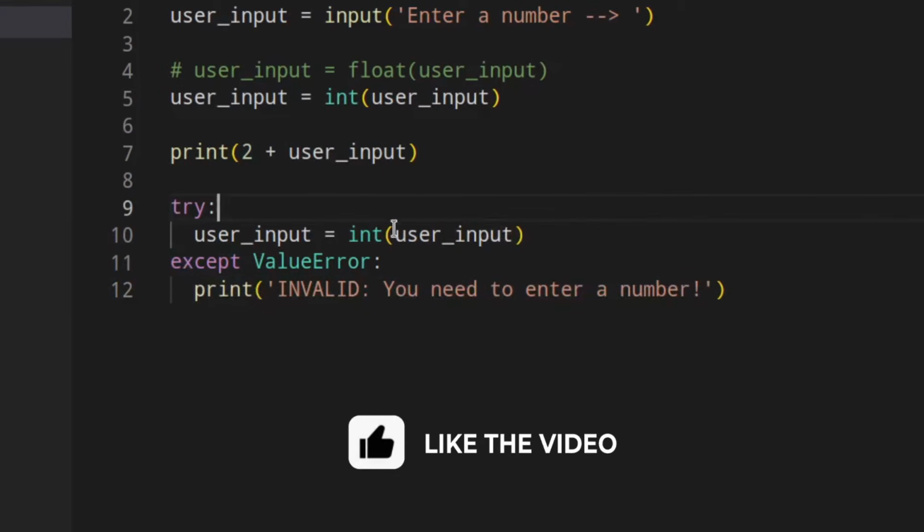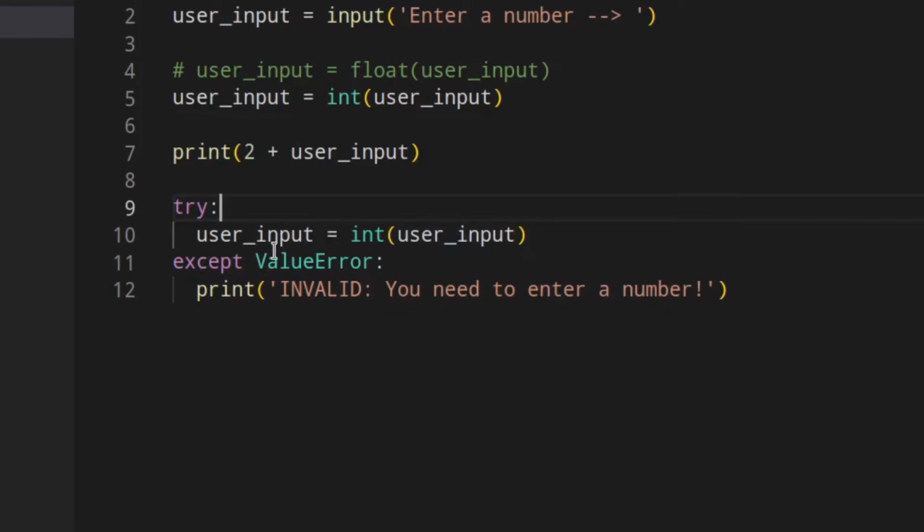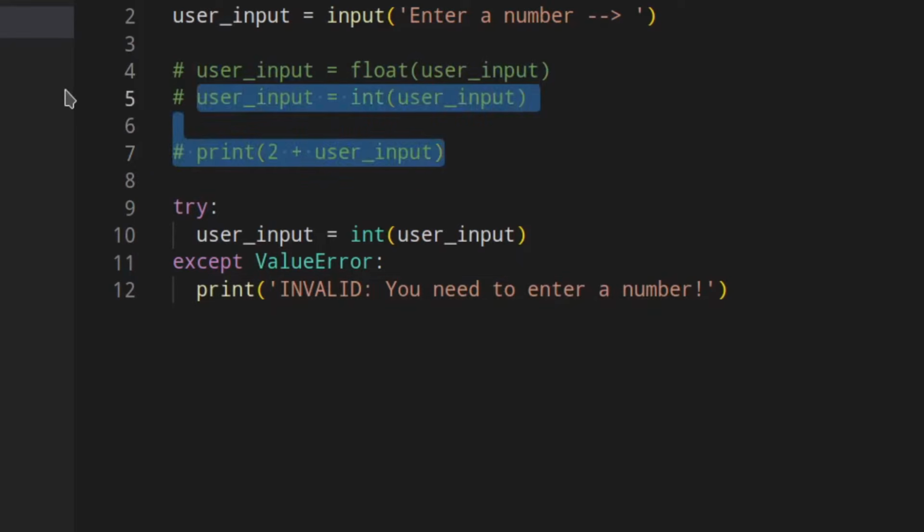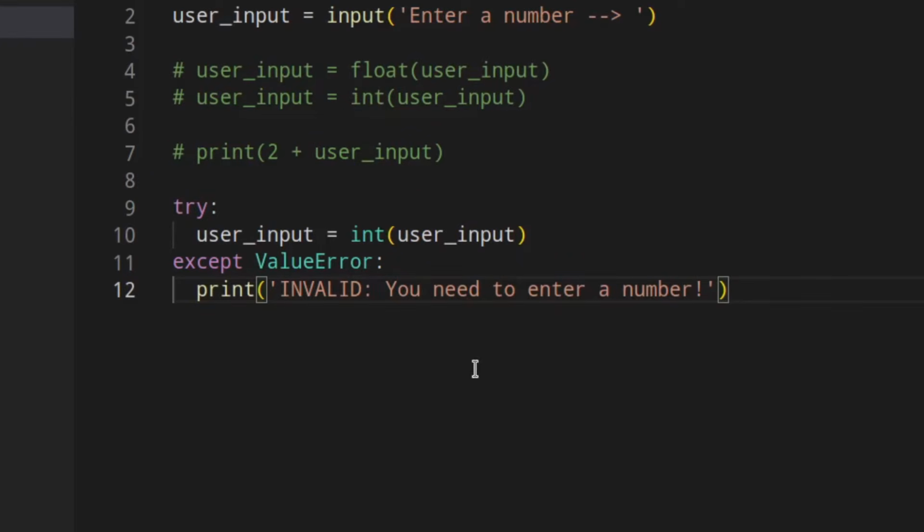So here we are trying to convert what the user entered to a number. If this error occurs, so ValueError, that means that the string couldn't be converted to a number because it's actually not a number. So that would be invalid and the user would be shown this.